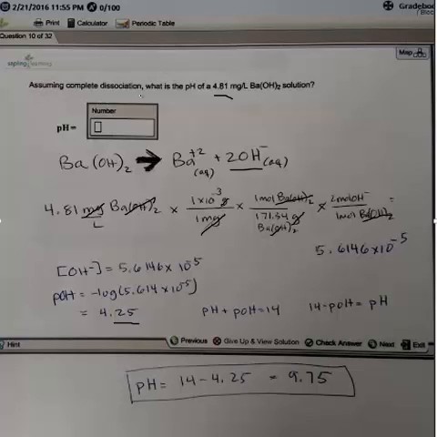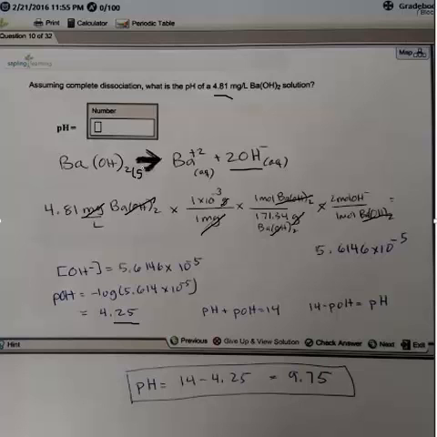Assuming complete dissociation, what is the pH of a 4.18 milligram per liter barium hydroxide solution? So the first thing we need to do is figure out how barium hydroxide is going to impact the pH when it dissolves. So let's look at what happens when it dissolves, and we'll put a